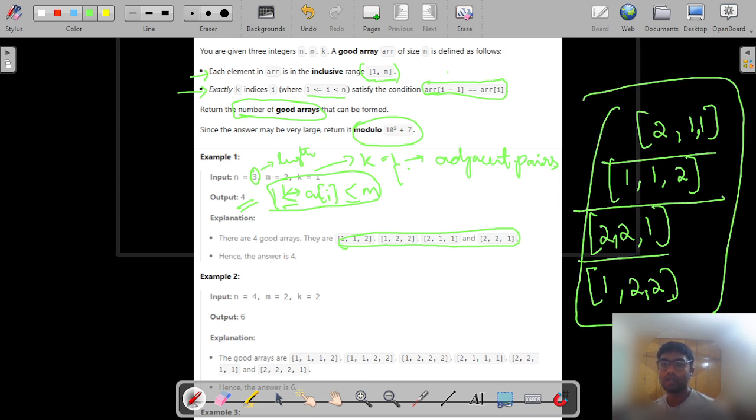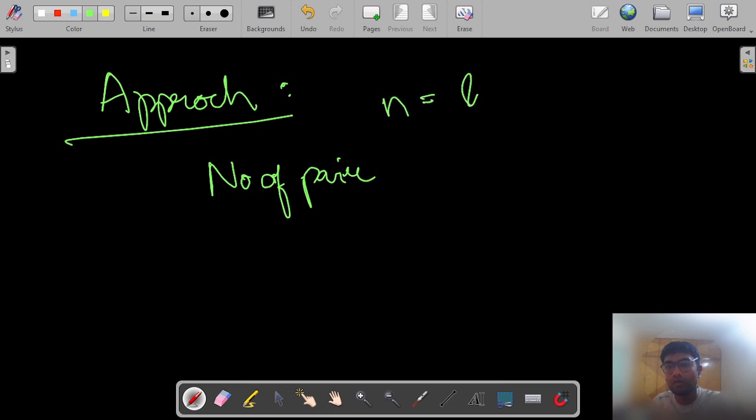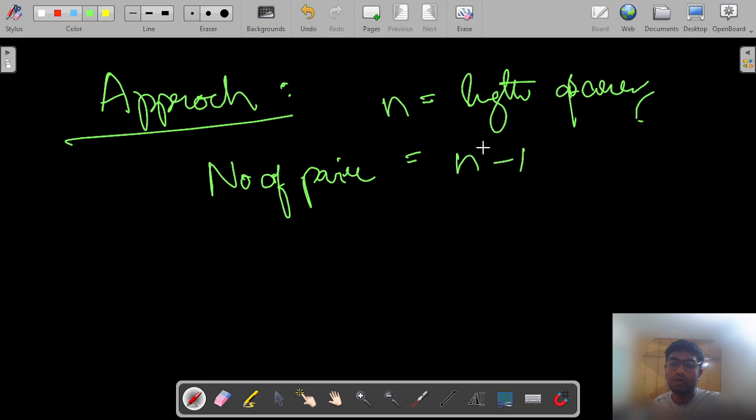So let's quickly look at how we can solve this problem. There are a few things to consider. For the number of pairs that can be formed in an array of length n, the maximum number of pairs that can be formed is n minus 1, right? So if we are asked to pick k such adjacent pairs,